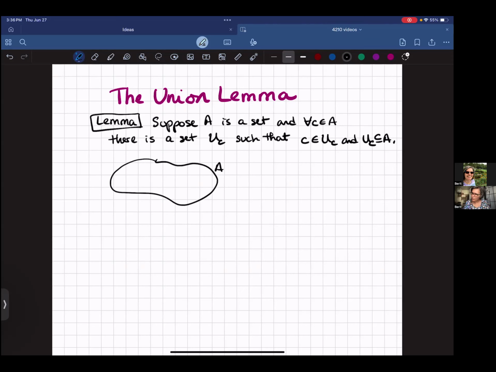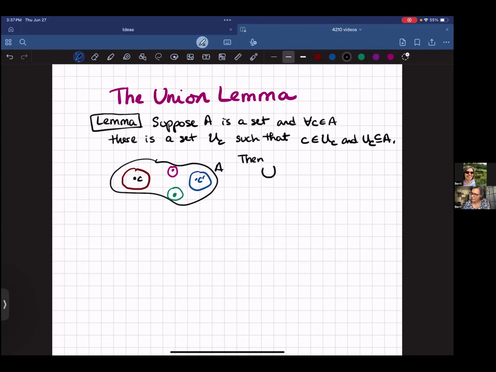And every point that I take in A, so if I take any c in A, I can find another set which contains c, but is a subset of A. And I can do this at every point. So at every point, there's some set that contains each one of these points. Okay. Then